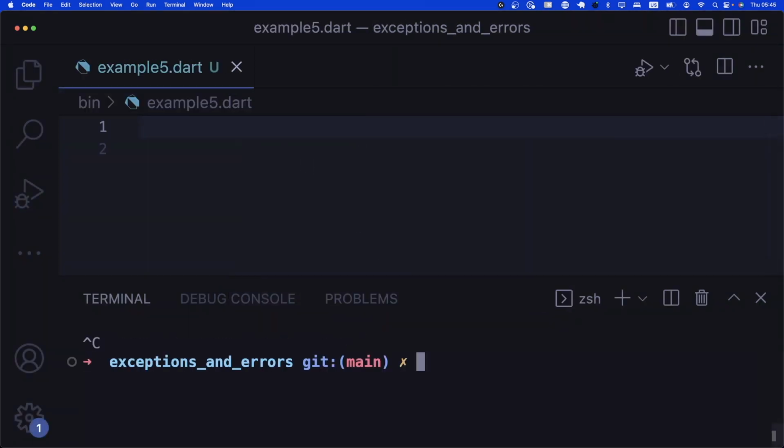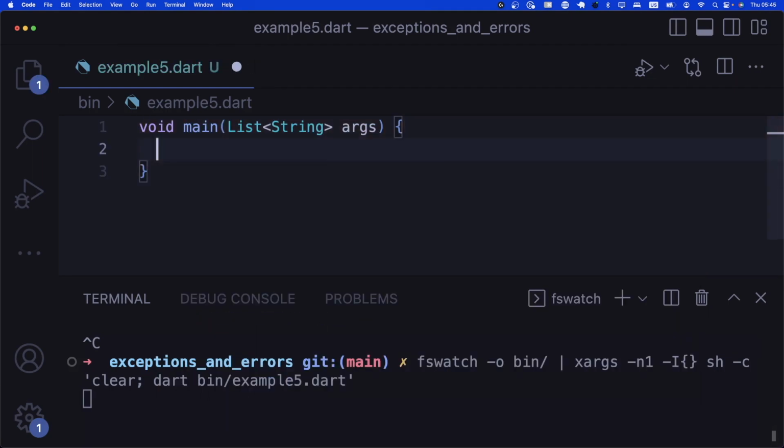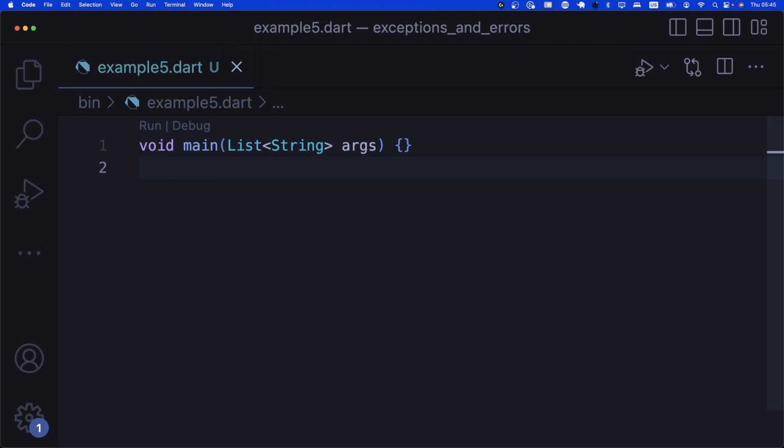And then we stop the execution of fswatch, and in here we say example 5, like that, and a main function like we usually do. Let's get rid of the terminal as well. Now, in